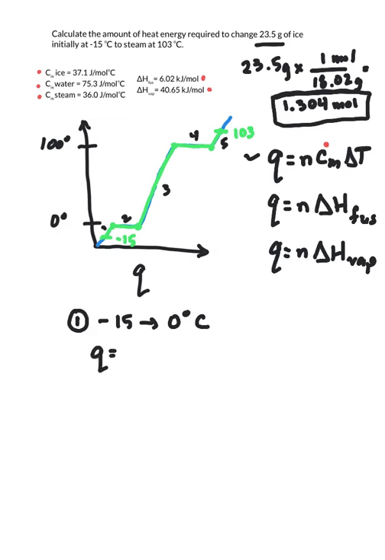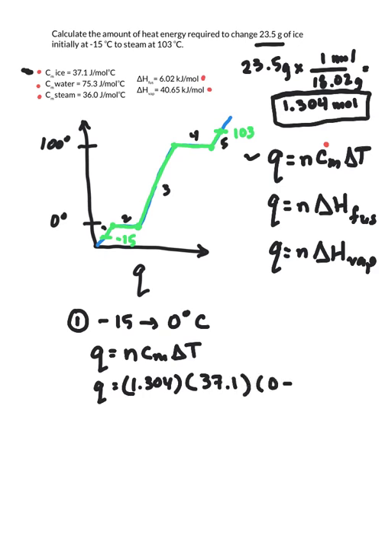Q is equal to nC delta T. We already know the number of moles that we're dealing with. The molar heat capacity is given in the table, but we're going to have to recognize we're dealing with ice at this point. That's this molar heat capacity, 37.1 joules per mole degrees Celsius, times the change in temperature, 0 minus negative 15, so just positive 15. Multiplying this all out gives us 725.7